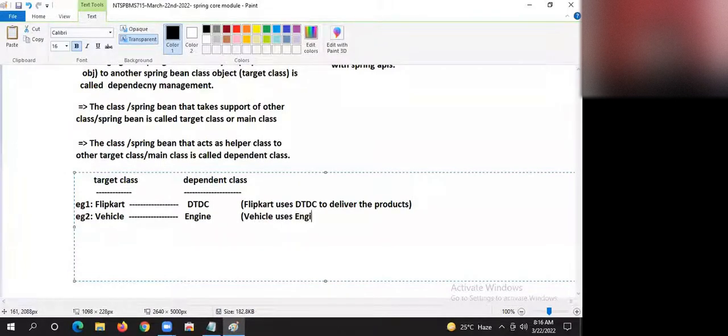Vehicle uses engine for movement. Next, cricketer and bat. Cricketer uses a bat while playing the cricket game. Next, mobile phone and charger. Mobile phone uses charger to charge the battery. I hope you are able to understand what is the target class and what is the dependent class.